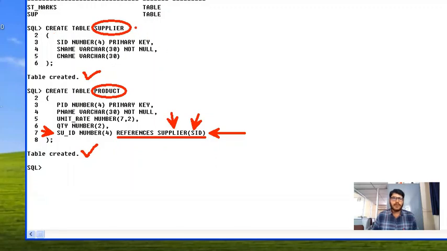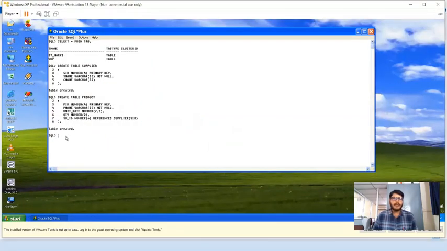ಸೊ ಅದಕ್ಕೆ ನಾವೇನ್ ಮಾಡ್ಬೇಕು, ಫಸ್ಟ್ ಸಪ್ಲೈಯರ್ ಟೇಬಲ್ ಗೆ ರೆಕಾರ್ಡ್ ಇನ್ಸರ್ಟ್ ಮಾಡ್ಕೋಬೇಕು. ಲೇಟರ್ ಆನ್ ವಿ ಹ್ಯಾವ್ ಟು ಇನ್ಸರ್ಟ್ ರೆಕಾರ್ಡ್ ಫಾರ್ ಪ್ರಾಡಕ್ಟ್. ಸೊ ಹಾಗಾದ್ರೆ ನಾನು ಈಗ ಕ್ವಿಕ್ ಆಗಿ ಸಪ್ಲೈಯರ್ ಟೇಬಲ್ ಗೆ ರೆಕಾರ್ಡ್ ಇನ್ಸರ್ಟ್ ಮಾಡ್ತೀನಿ. ಸೊ ಇನ್ಸರ್ಟ್ ಇಂಟು supplier, because supplier is the parent table. Now I need to specify column names, SID, comma S name, comma C name, and I will insert the values by using a values keyword, and within the parenthesis I'm going to specify the value.